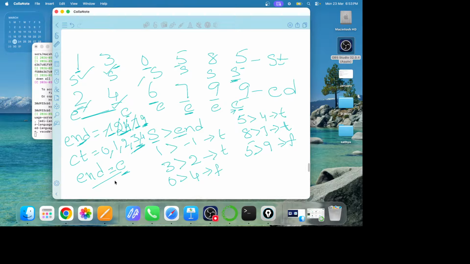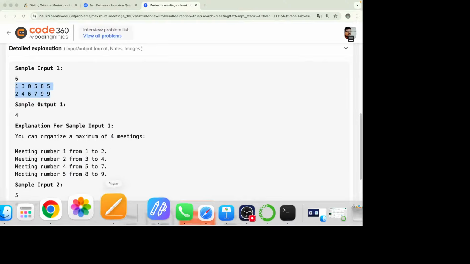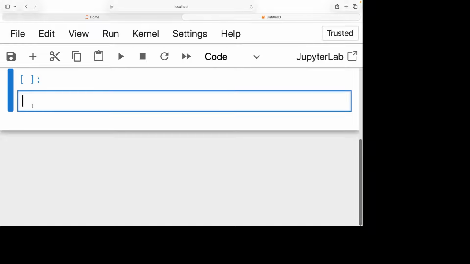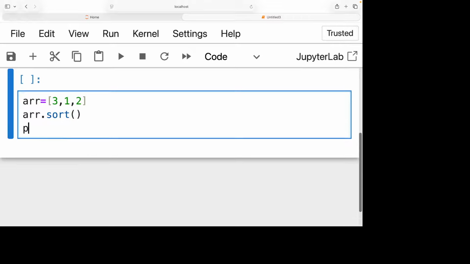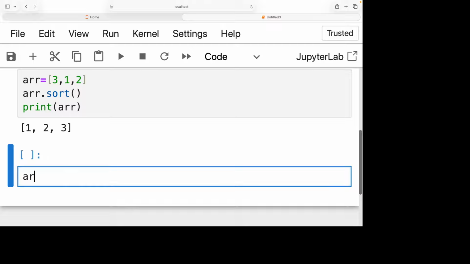But before this, you have to know one thing, so I'll explain that. Have a look. The sort function I explained, right? Let us take array values 3, 1, 2. Simply I'm applying sort. You all know this arranges the array in ascending order. But if you want descending order,